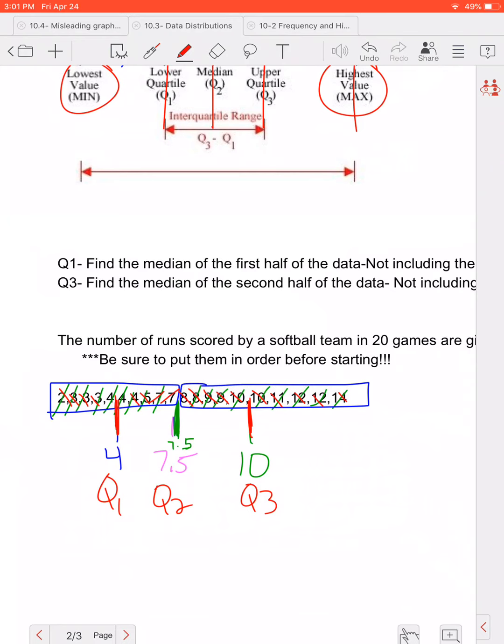Okay, so what this does is tell me, okay, 25% of the data is between the numbers 2 and 4. Another 25% is between the numbers 4 and 7.5. Another 25% is between 7.5 and 10. And the rest is between 10 and 14. So I can say in 25% of our games we're scoring 10 or more points. Woo! 50% of our games we're scoring between 4 and 10 points. 25% of the games we're scoring below 4 points. So what can we do to help with those 25% of games? Okay, I hope that